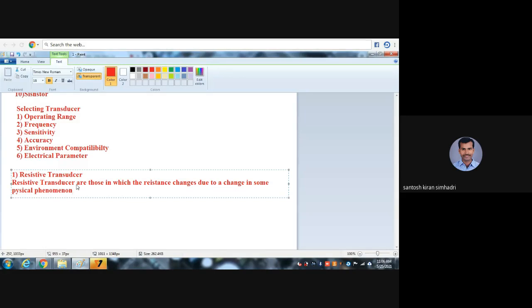So then how do you interlink with the resistive transducer, sir? Yes, I have interlinked. Why? Because you vary the resistance value. If you vary the resistance value, what happens? The voltage value is varied. Then this variable voltage is taken as a great advantage. That is the detailed discussion about the resistive transducer.